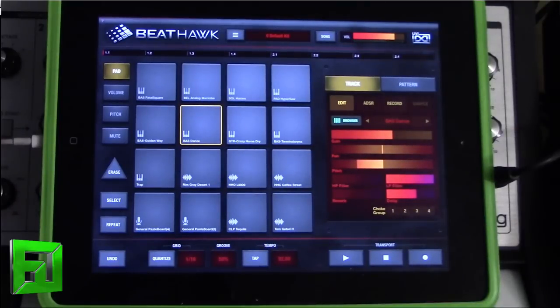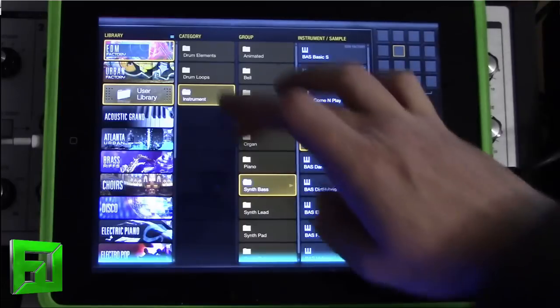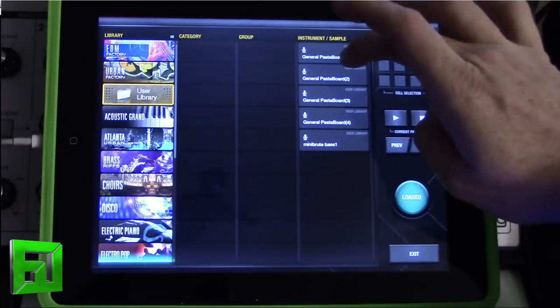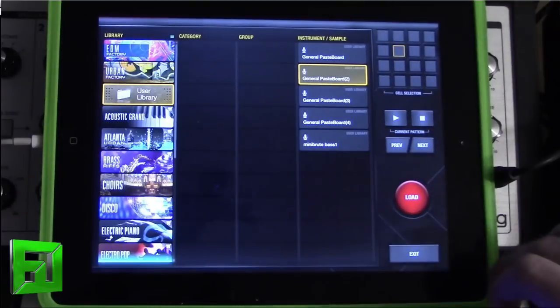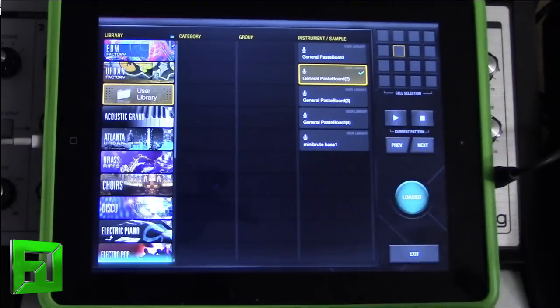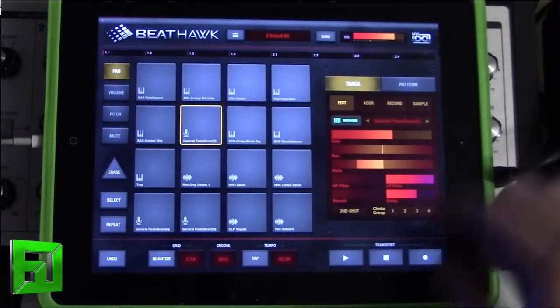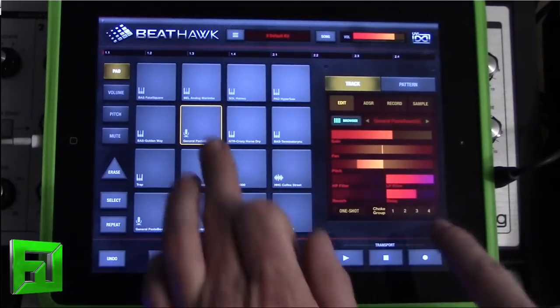Now what I've done is I'm going to go back to my browser, user library, and I can, let's say, I have a little thumb piano that I sampled. I'm going to load that up. That's also in Drum Potion. And you'll see that the pitch is very low right now. So when I touch this,